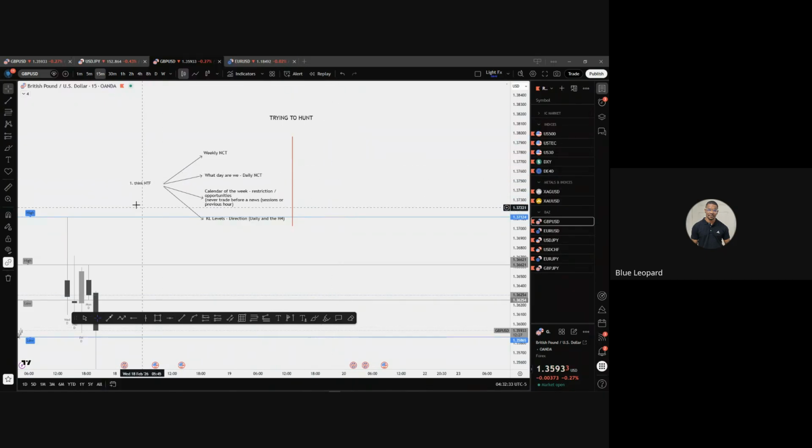When you're trying to hunt, you have, first of all, to think higher time frame, which would be to look at the bigger picture. When someone is trying to hunt, they will come, set the traps, observe price, and read everything that price is doing before, set levels and alerts, and know how to react if price does this and if price does that. So the second thing, when you're trying to hunt on the market,